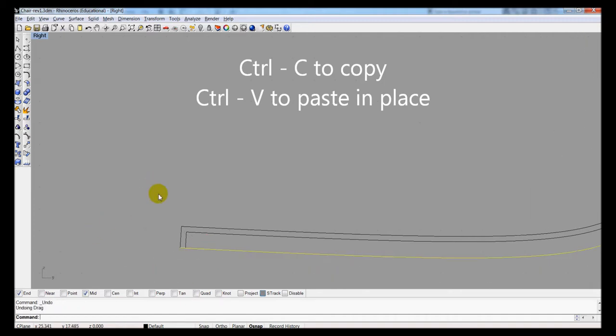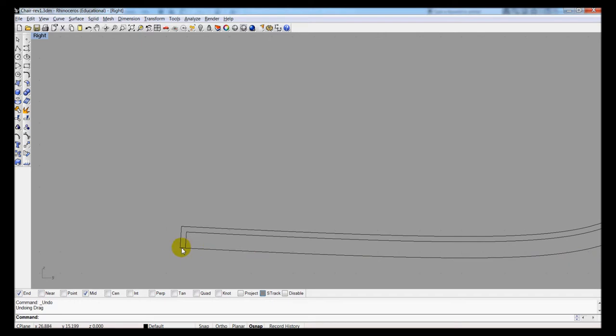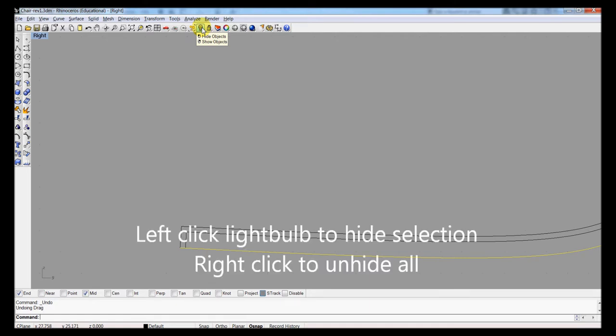I'm going to undo that move, and I'm going to select one of them. I'm actually going to use the light bulb right here. If I left click, you can see a little icon there, but probably better on your screen than mine. Left click hides objects, right click shows all the objects that are hidden. So I want to hide that, so I'll left click. So now I just have one line there. So now I can say